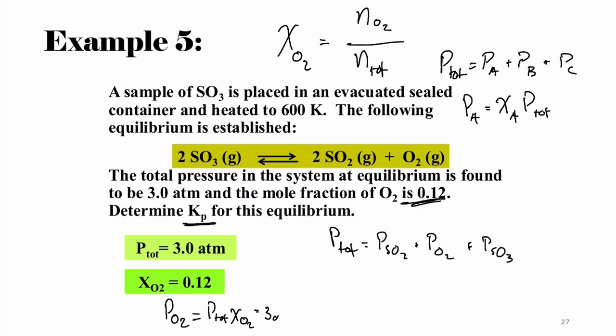So that'll be 3 atmospheres times 0.12, which equals 0.36 atm. And then PO2 and PSO2 are related